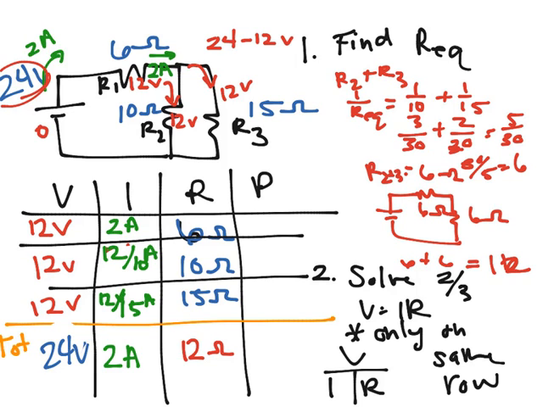Alright, so now we have power, and power normally is done at the end, depending on what kind of circuit and what information they give you, but power is just IV, and you can just solve that right at the end. Just multiply straight across, I times V. So 12 times 2 is 24 watts. 12 times 12 over 10